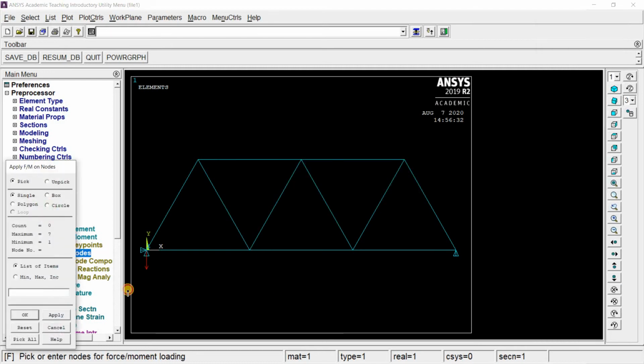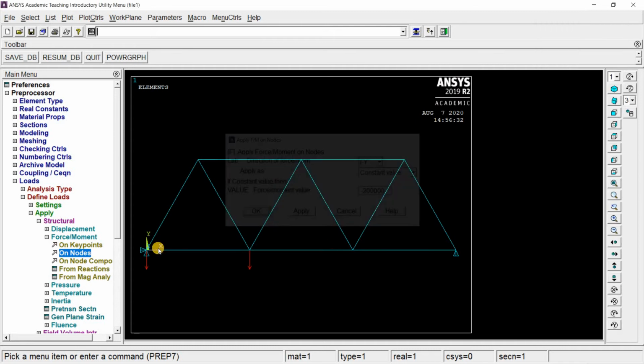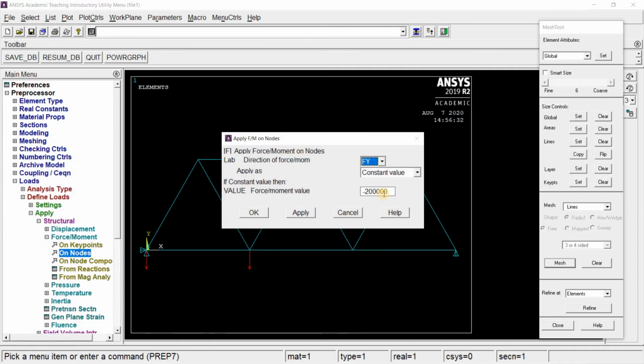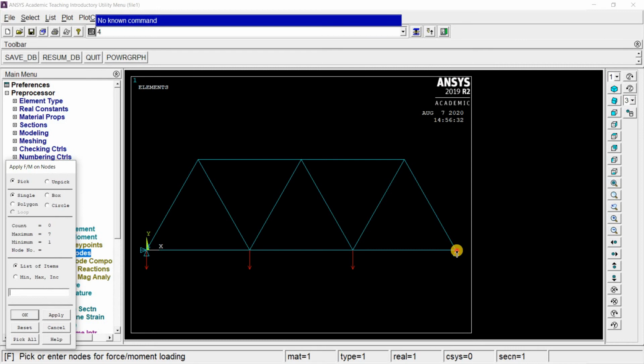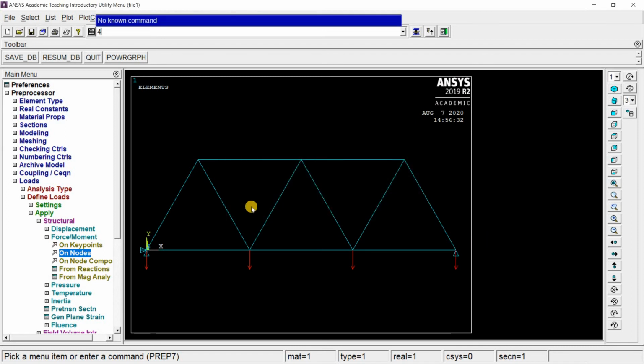Next, we must select this node and apply 2 lakhs. Now give OK. Next, we must apply here again 3 lakhs. Again select on nodes, select this point and give OK. Here we must give 4 lakhs. Now give OK. Now all the loads are given and all the points are fixed according to the problem.